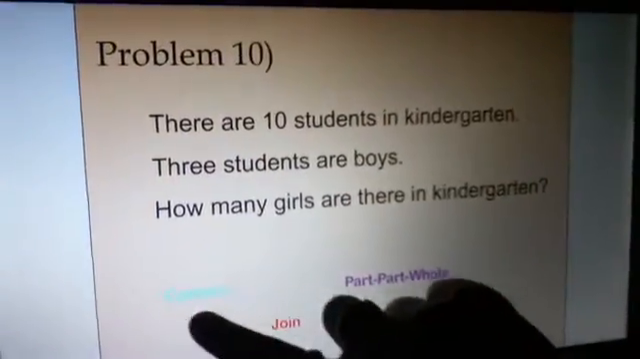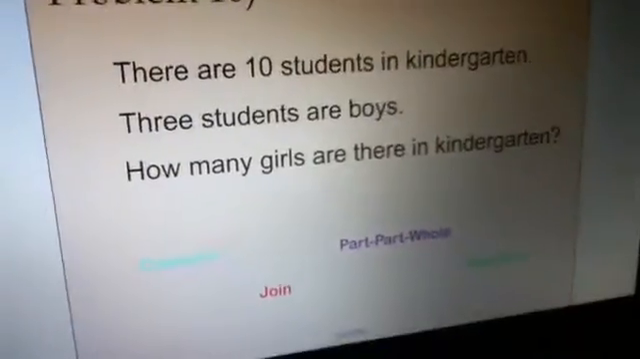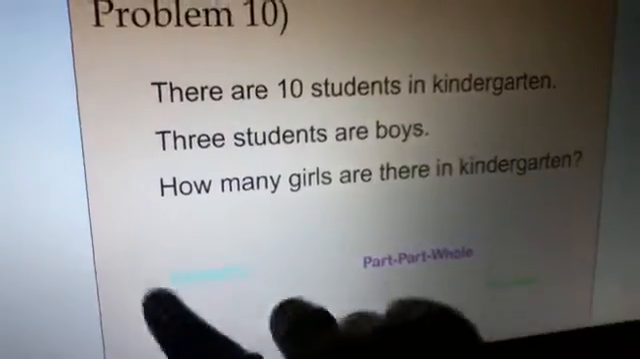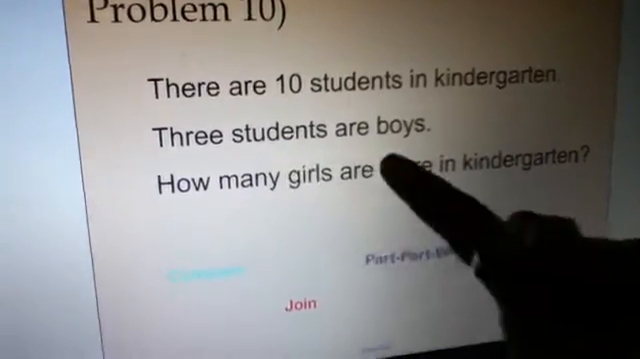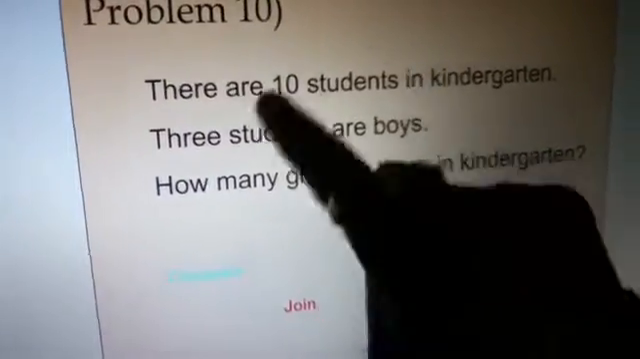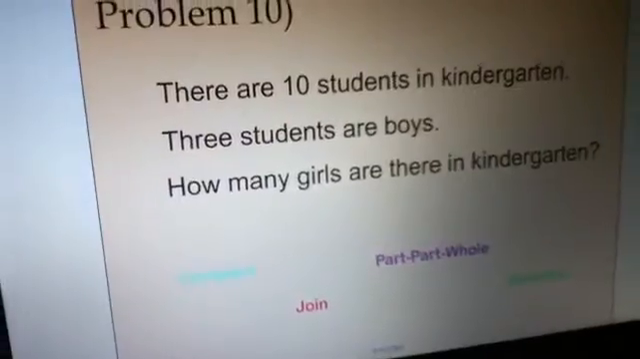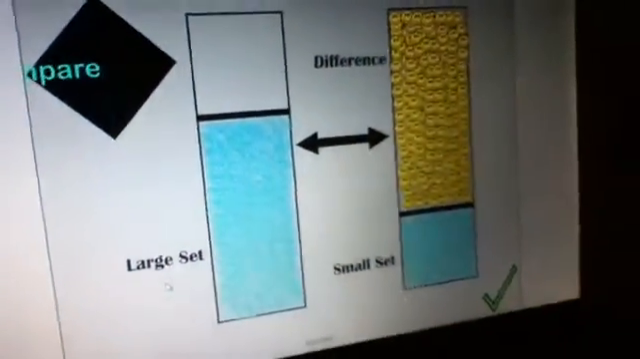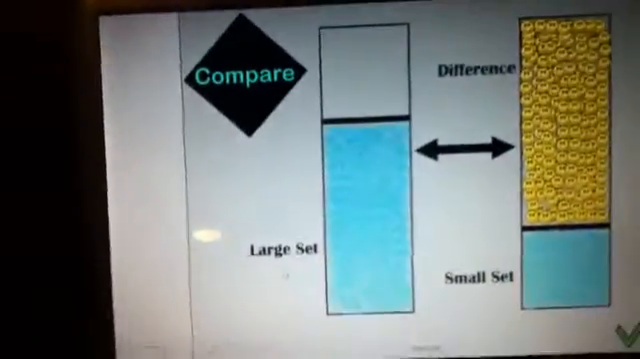Compare structure is when we're looking at 2 different sets of something and deciding the difference between them. So that's the structure that will be best fit for this problem, because we have 2 sets that we're comparing. We're comparing boys to girls and looking for the difference between them. Alright, so here's the compare structure when we're looking at 2 different sets and we're trying to find the difference between them. Okay, so